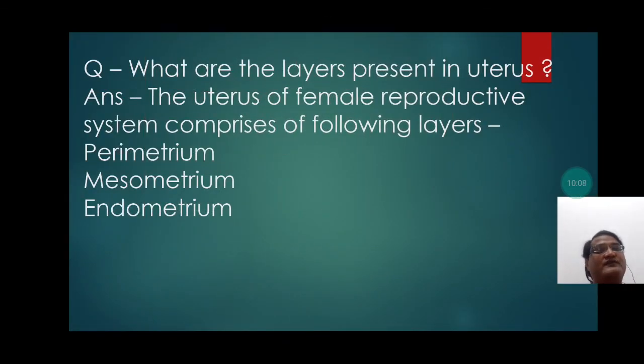Students, now let's discuss an important question. What are the layers present in uterus? The uterus of the female reproductive system comprises the following layers: perimetrium, mesometrium,